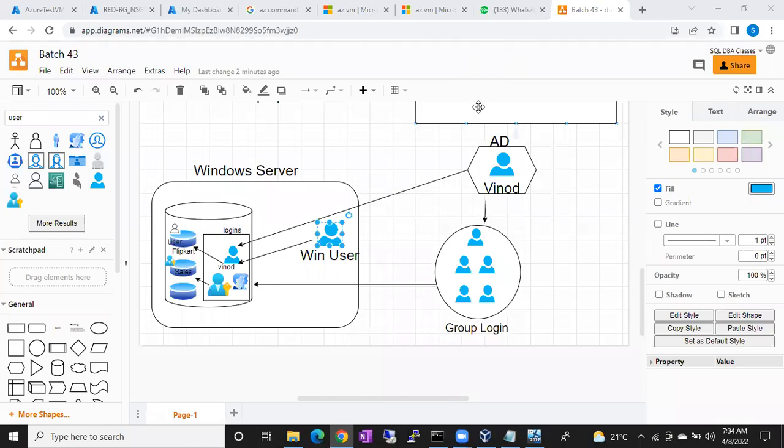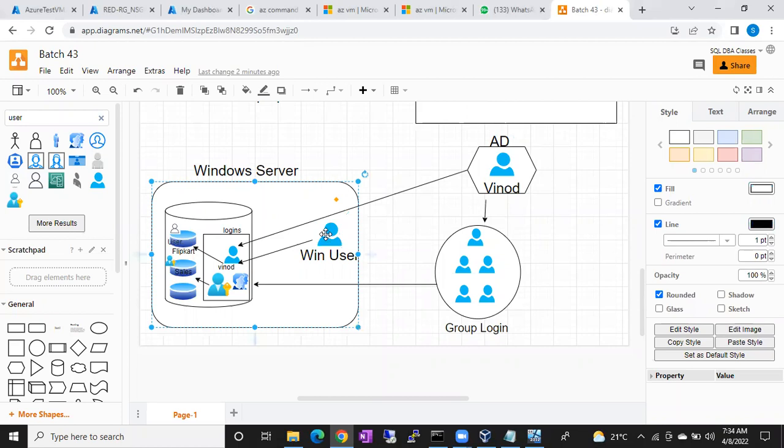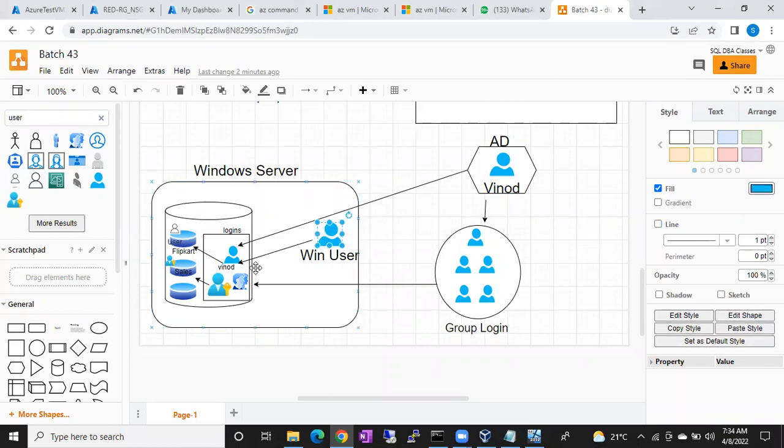Cannot read and write. How can you say Vinod cannot read and write? Forget about the permissions; I am not asking about the permissions. Why can he not read and write? If I create a user like this and give access, he can read and write. Did we discuss it like that? If we create a Windows user at the Windows level, and create a login for him, whether he can read or write depends upon his permissions. Okay, that is not the answer.